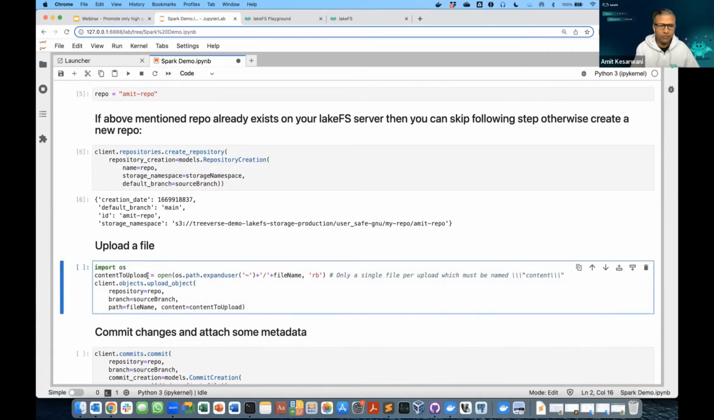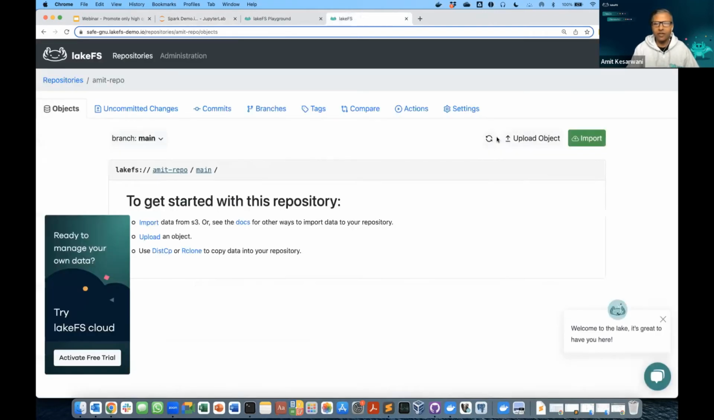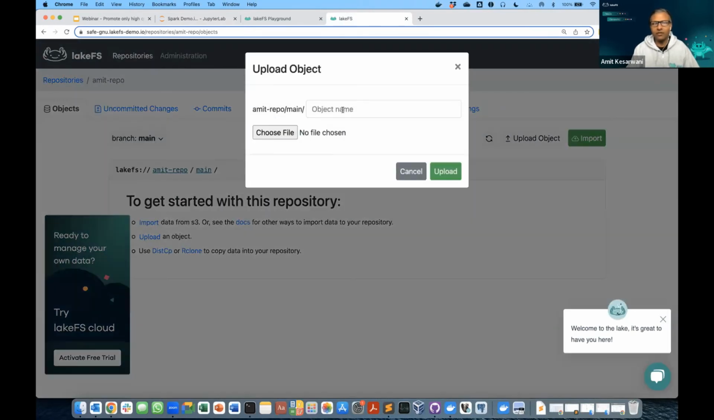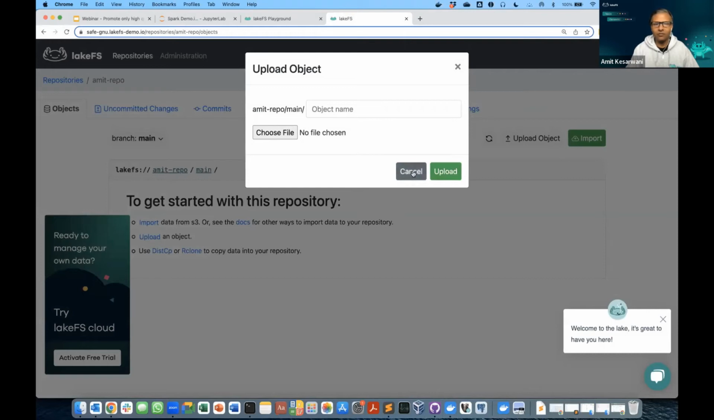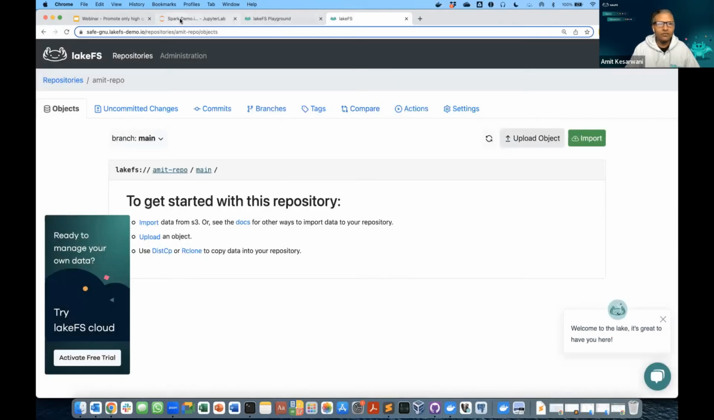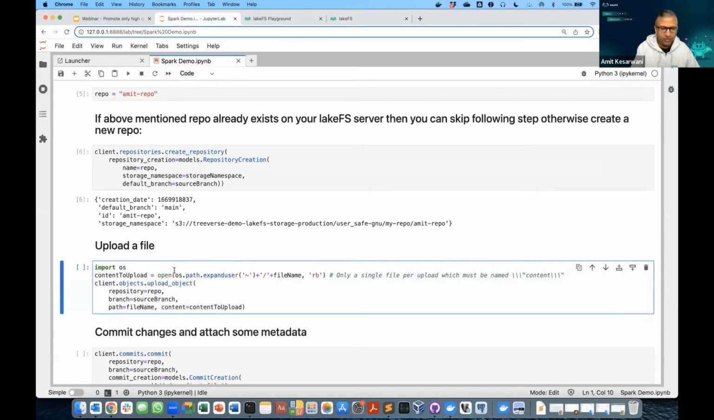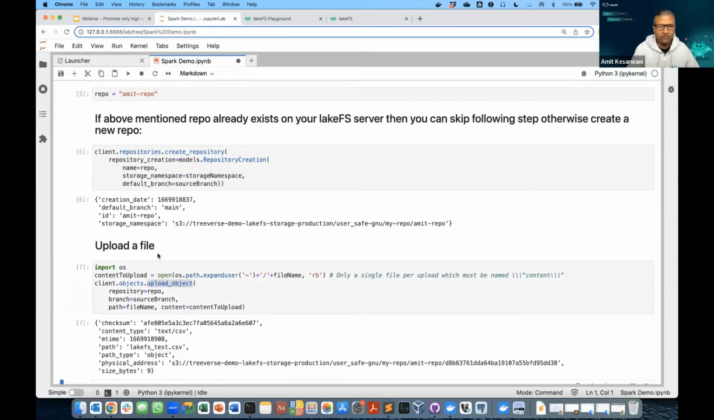So for this demo purpose, I'm just going to upload a single file, a CSV file. But if you want to do your own testing, you can upload additional objects. You can do it through the API, or you can do it from the UI here, where you can select any files you have locally and upload them into your repository. For this demo, I'm going to use this upload object API and upload a CSV file, which is